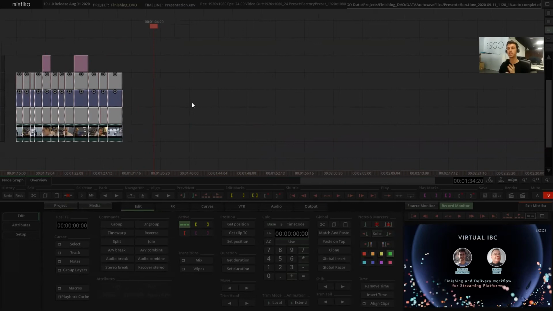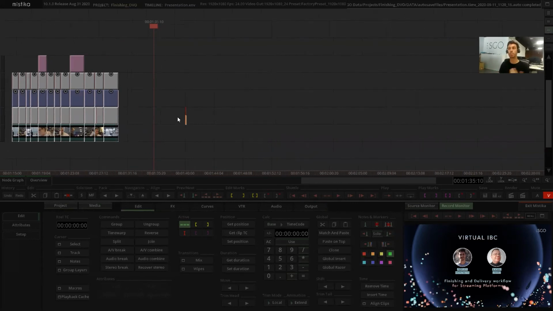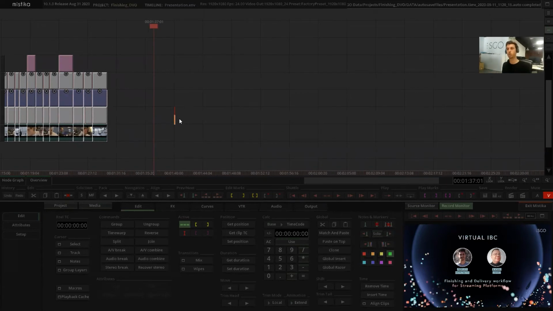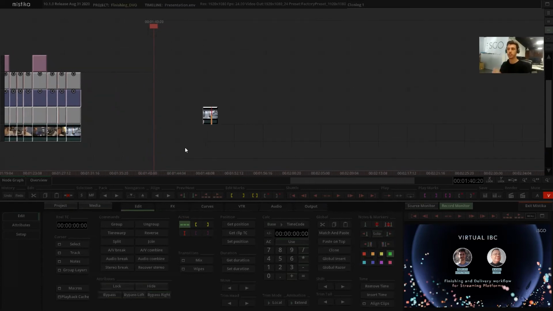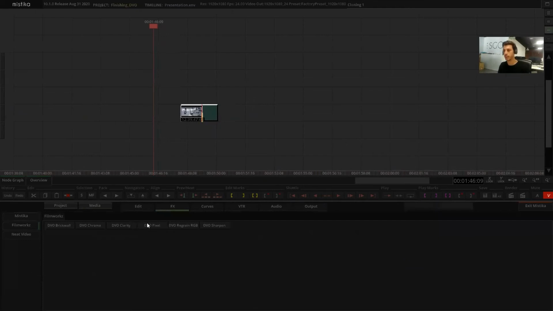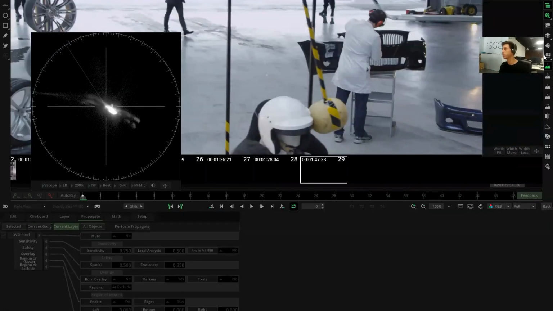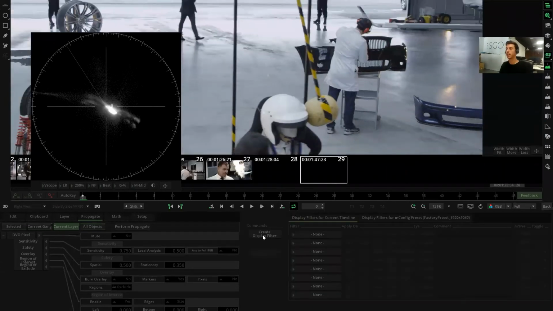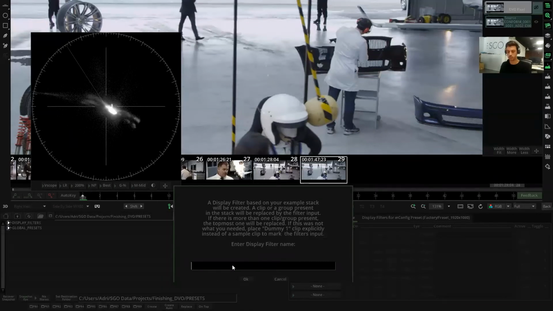The display filter basically is like a preset that you create with any effect or any amount of effects for applying in your whole time space or in the media that you want. So for example, if I duplicate this shot, I always need a media as a base. It can be anything really. I can apply on top of it, for example, the DVO pixel, and I can just go in the shot and create a new preset. Let me open here the display filters panel. It's analyzing the shot, there you go. So create display filter, and I can create one display filter called dead pixel,